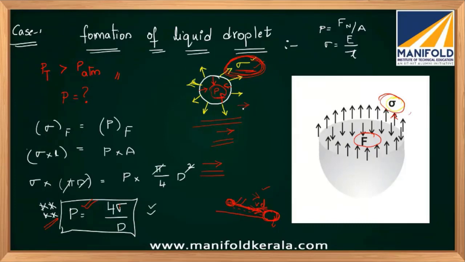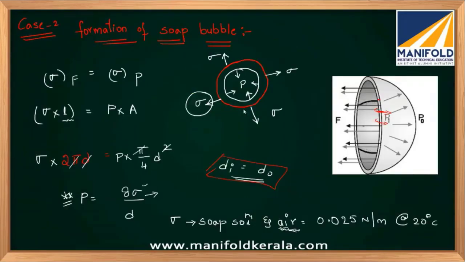Inside the soap bubble, why won't there be surface tension? Let this be the inside parameter. This is totally soap solution, right? The interface will have some water. This is totally soap and water. The interface will have some air. Soap and air, two different interfaces are there. And that surface tension is at the outer part, not at the inside.